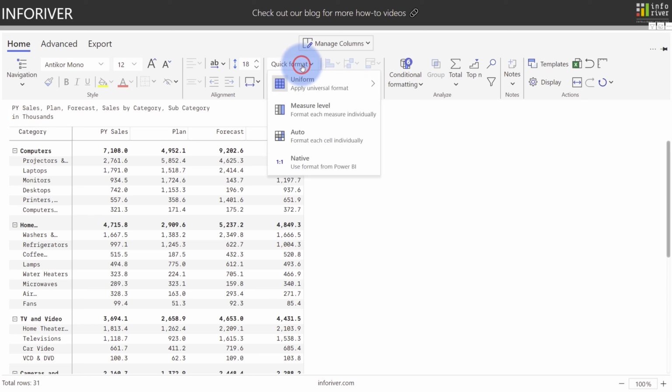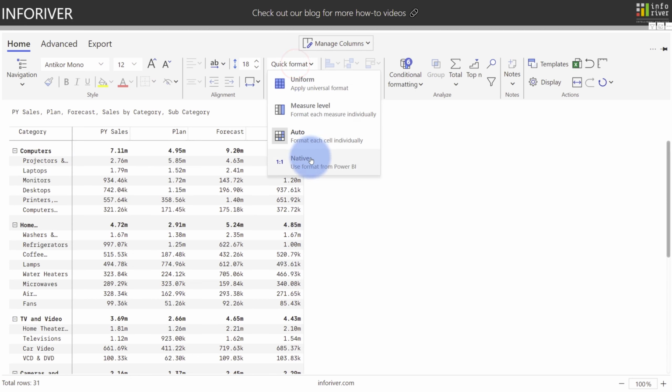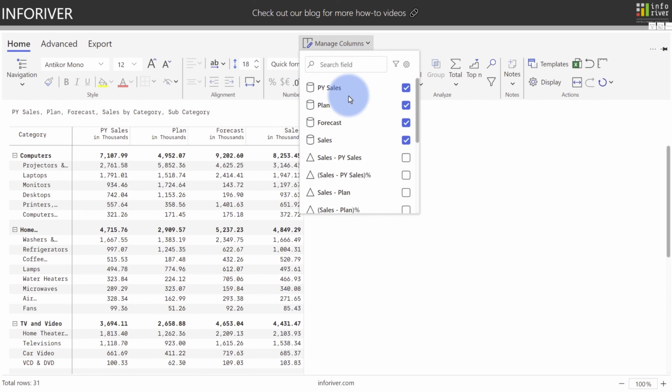You also have a few other options in here to automatically format each cell individually, which will move the formatting into the individual cells. Or you can also use the native format that was provided by the measures in the actual dataset. And when you're not using the IVCS templates, you still have access to all of the automatic variance columns that were created. If you come back up to Manage Columns, let's go ahead and turn on the values